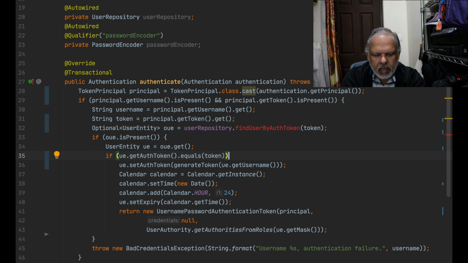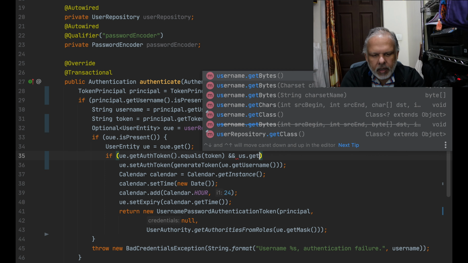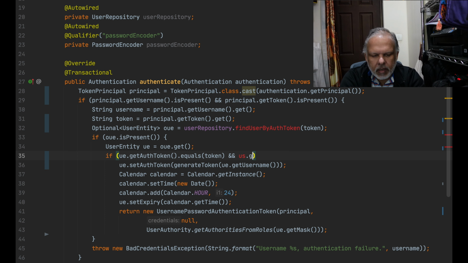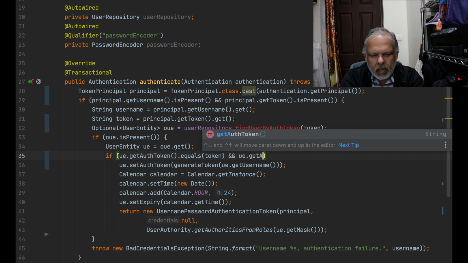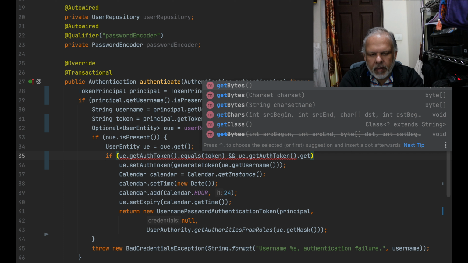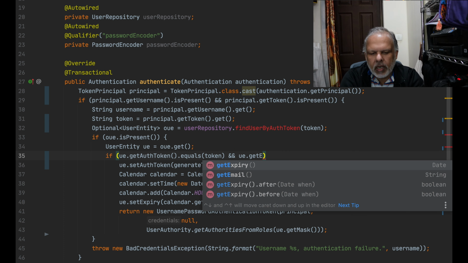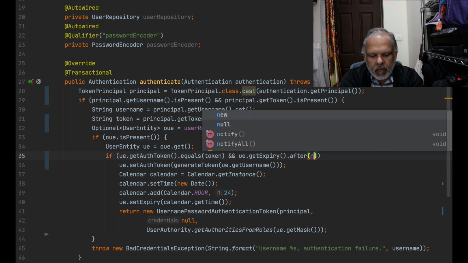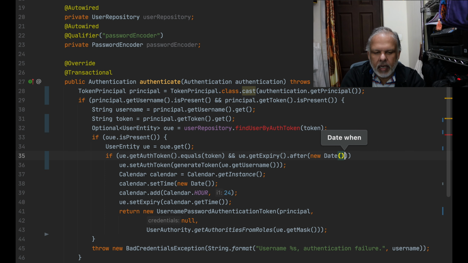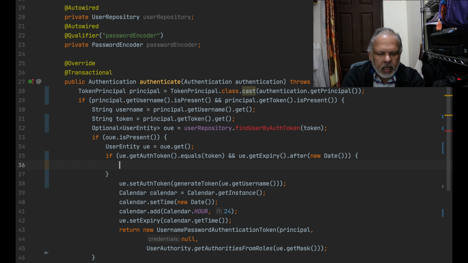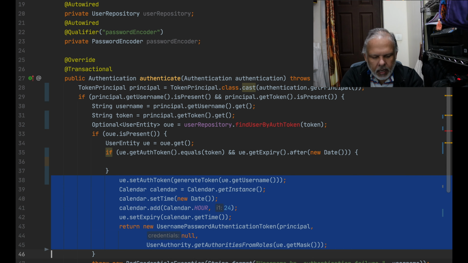If the tokens match, and UE dot get expiry, if the auth token is not yet expired and the expiry is after the current time, so we take new date to show the current time. So basically if the auth token is equal and it is not expired, we go ahead and